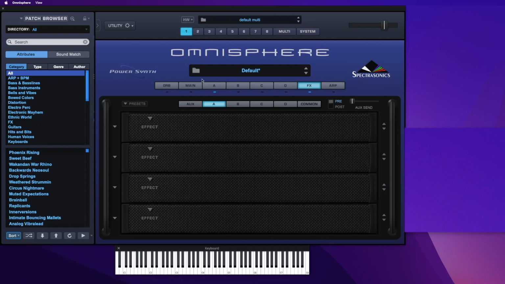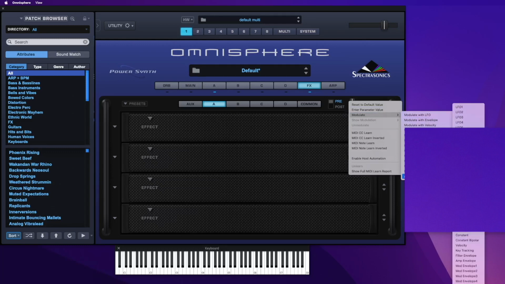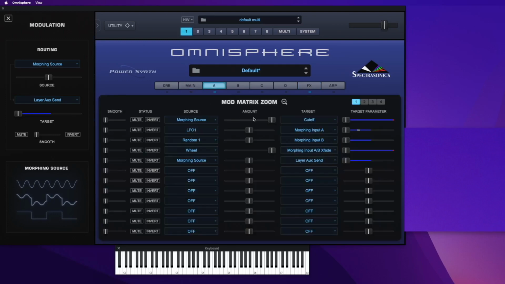Now if I then modulate that with a morphing source, again, sorry, it's gone off the screen again, but if I go to A now and I just mute this one, it should work now. The idea behind this, because you can actually hear it now,